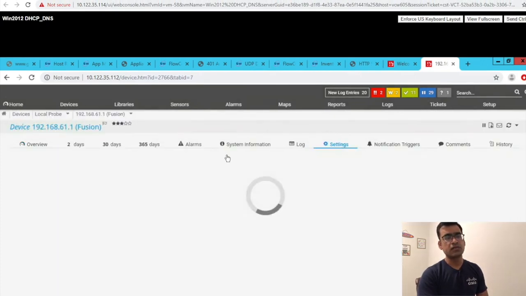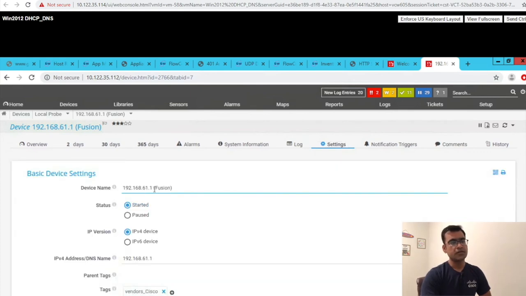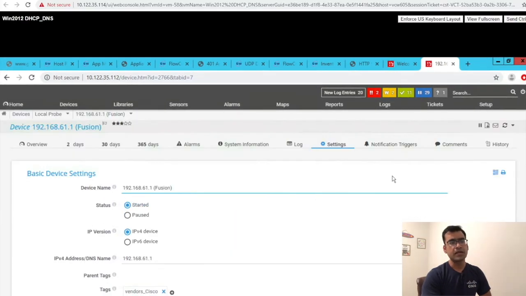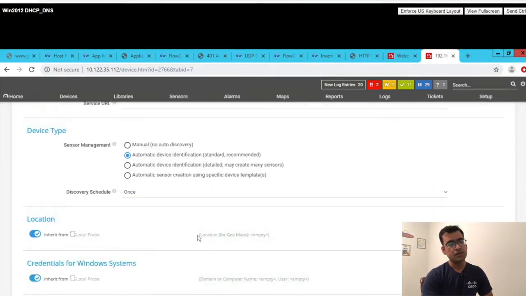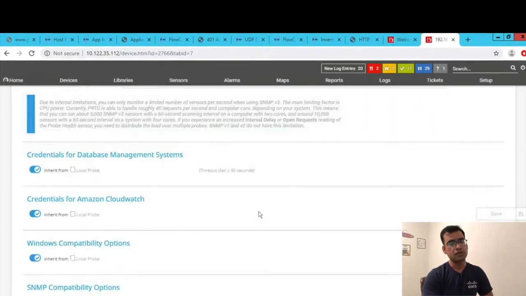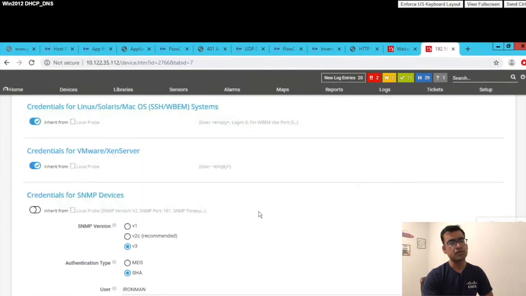So let's check what I have under settings. The device name is 192.168.61.1, status started, IPv4. This is the standard PRTG config. I want to discover using IPv4. I gave my IP address here. You can choose your tag. I have chosen Cisco as a tag, and the device can be automatic or manual. I did automatic because I wanted to do a discovery, and this is the tab where I am interested